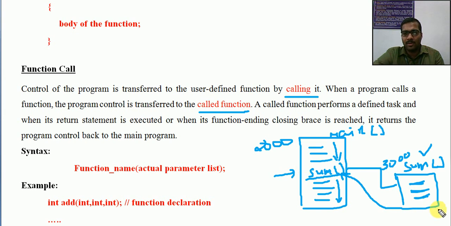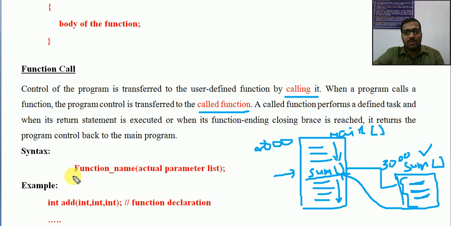Or if you want to display the sum in the function itself, that is also possible without giving that value back. We don't require a return. We can avoid return also. If you want a correct value to be returned, that can be done. We will see that soon. Otherwise, after completing all these statements, the control will automatically come back. There is no value being returned, but the control will come back to the place where it was being called.